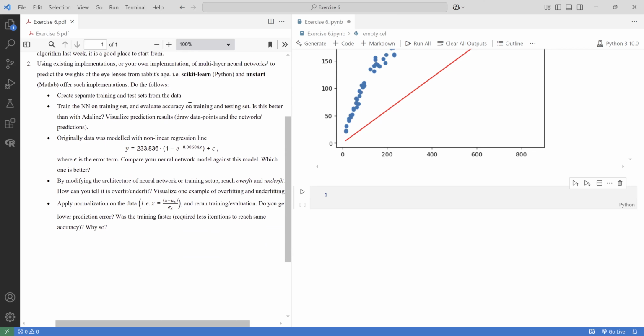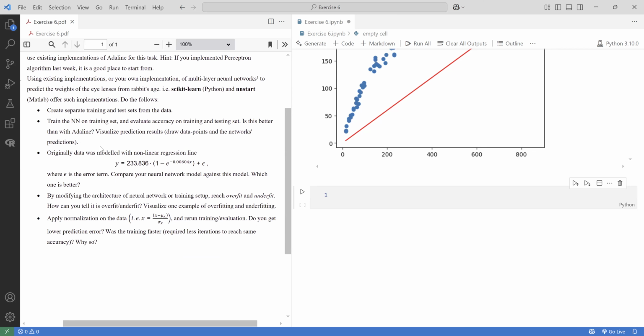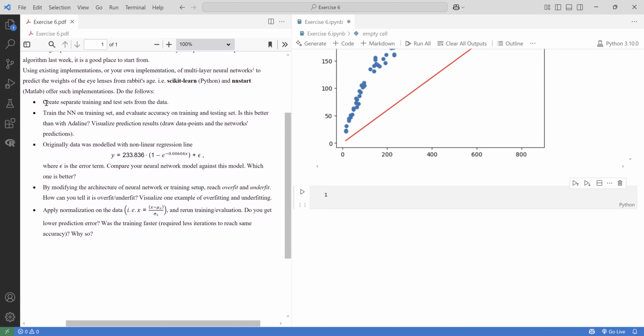And then we need to do the following tasks. We need to create separate training and test sets from the data. This is very common in machine learning, and we'll explain it later. So we train the neural network on the training set and evaluate accuracy on the training and testing sets. We should compare: is this better than Adaline? We need to visualize the prediction results,